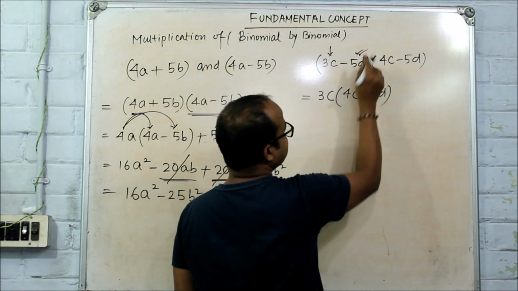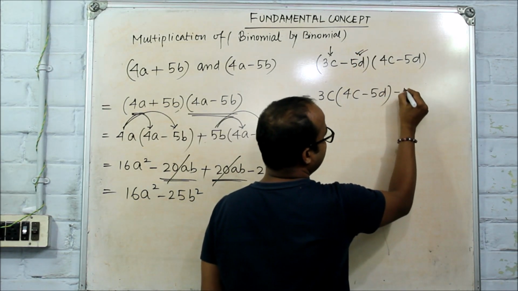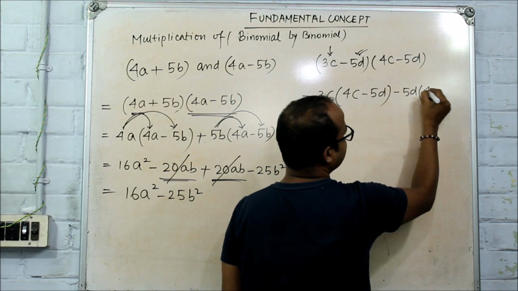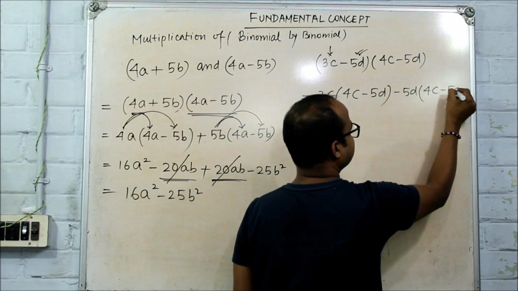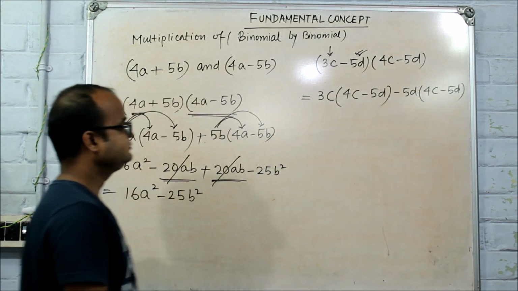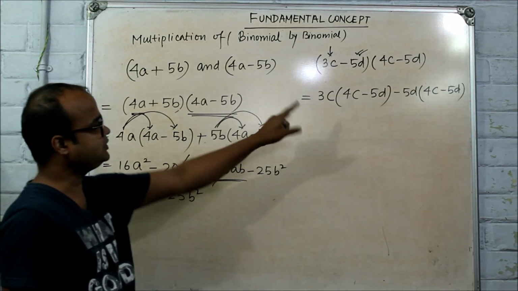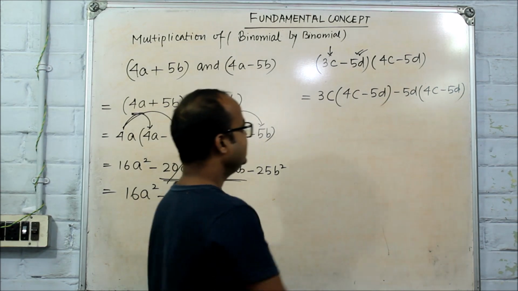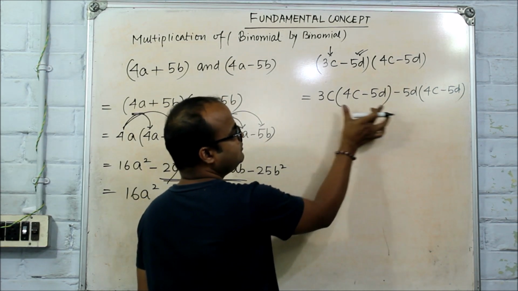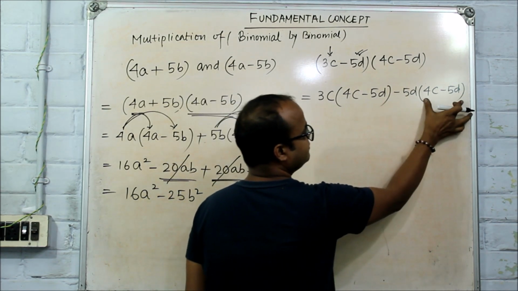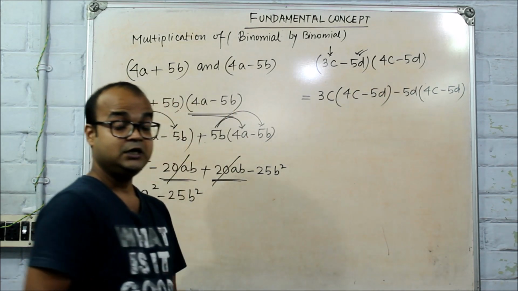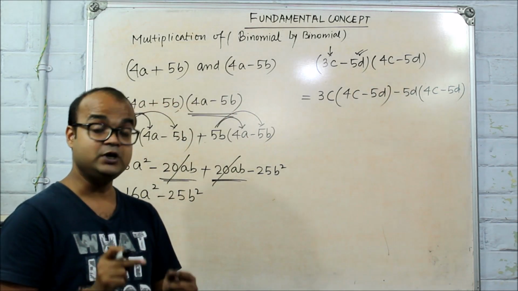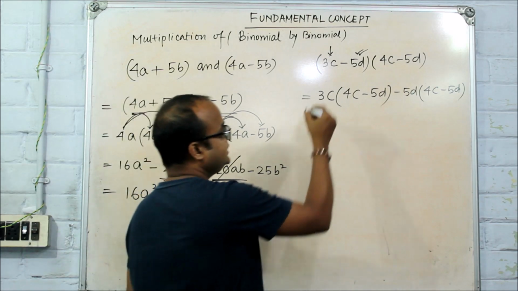Take the next term, minus 5d, multiply with 4c minus 5d. Same way what we have done, but here minus sign is there, so we write minus 5d. So it is a case of monomial multiplied by binomial, monomial multiplied by binomial. You need to be very careful about the sign changes. Now